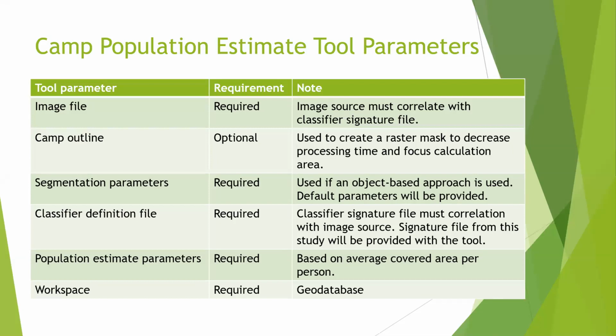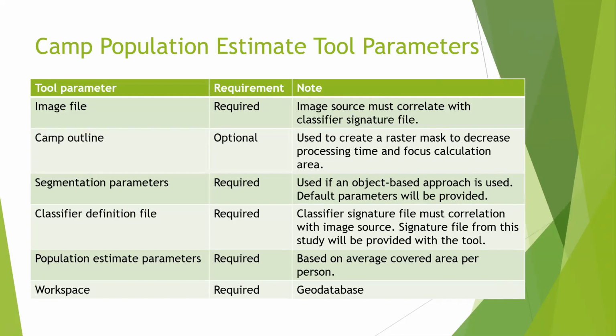If the object-based approach is determined to be the best workflow, the tool will enable the user to set the segmentation parameters. However, I will provide the default parameters that I identified as the optimal parameters for the workflow for my study area. The user will be asked to provide a classifier definition file, which the tool will use to classify the image. I will provide the signature file that I derive for my study area, but I will also enable the users to input different classifier definition files to help them use the tool for different sensors